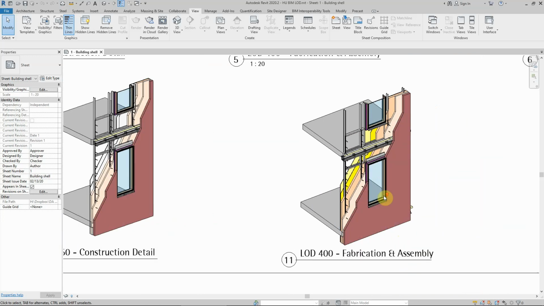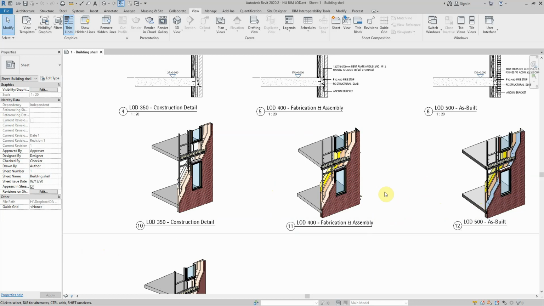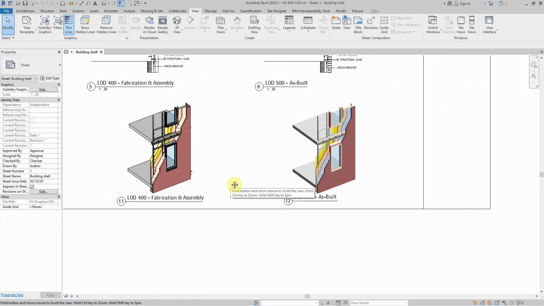The model is slightly tweaked and adjusted to include manufacturing data. As would be obvious, to make sure that we don't shake up the model too much with manufacturing data, we need to ensure that we are doing the right thing at the LOD 350 stage. So we are getting the figures for the thicknesses of the insulation and so on correct in the ballpark at 350, so that we just have to tweak it at 400 to get the fabrication and assembly information. And then once again we check for any clashes with all the services design.